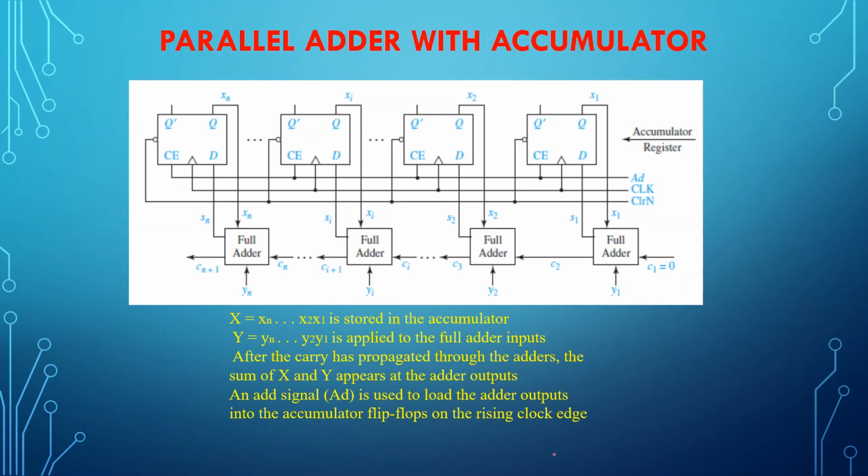So as you all know, when I speak about adding in digital circuits, my addition will always be carried out in binary numbers. So for example, let me say the numbers I have are 1, 1, 0, 1, and the next number is 1, 0, 0, 1. So what I have here is two 4-bit numbers. Let me say this is number 1 and this is number 2. So I have two 4-bit numbers and these have to be added.